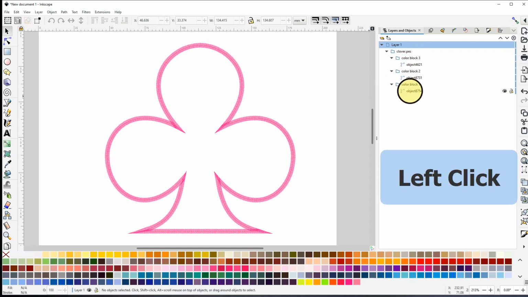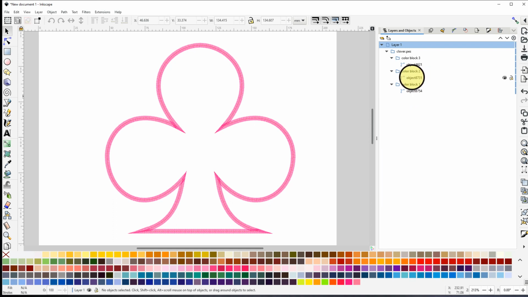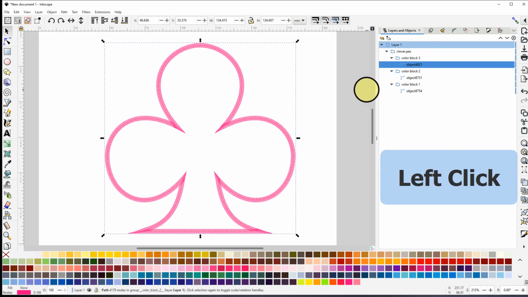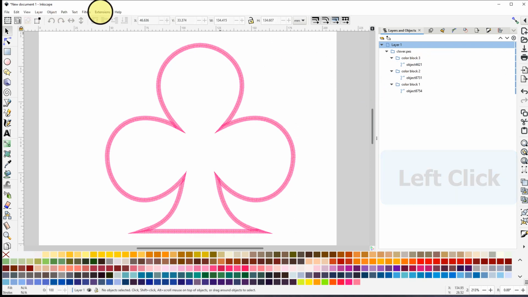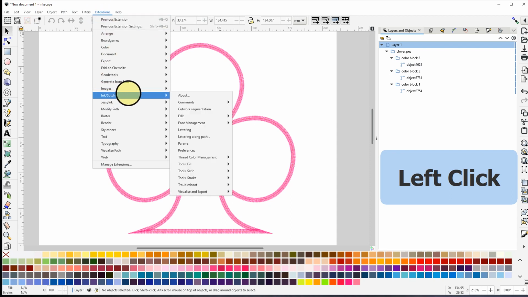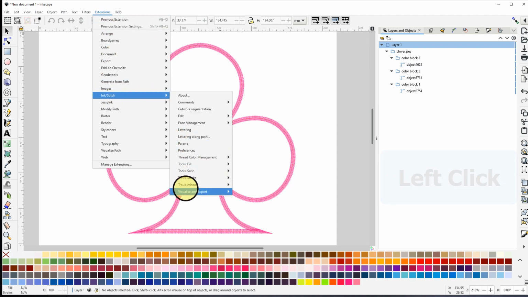So this would be the placement, that would be the tack down, and that would be the satin. Here, same thing, we go to Extensions, Ink/Stitch,